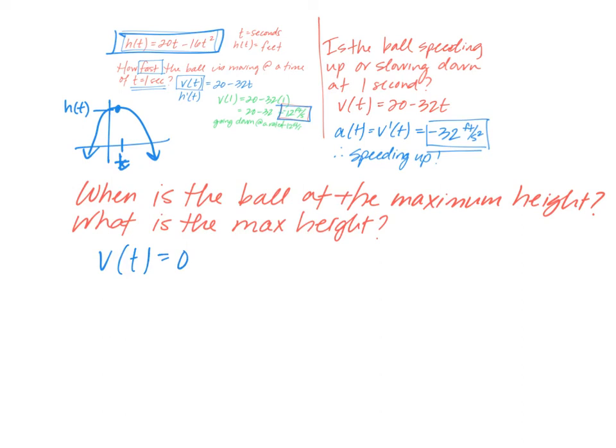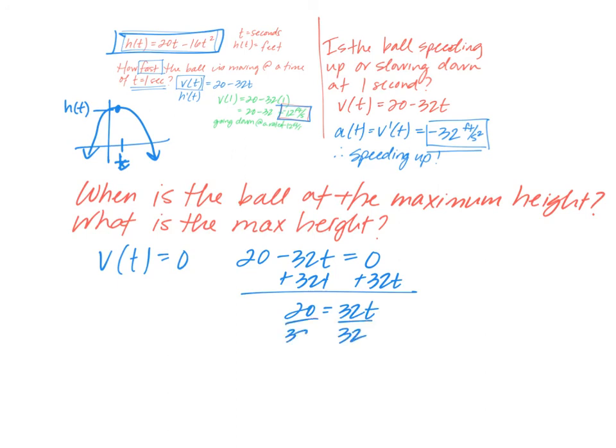So what we can do is we can take our velocity function, 20 minus 32t, and we can set it equal to 0. We can solve this to figure out what time it happens, and then we'll be able to plug that back into the original function to find the height. So solving for t, I'll add 32t to both sides to get 20 is equal to 32t. And dividing both sides by 32, I'll get t is equal to